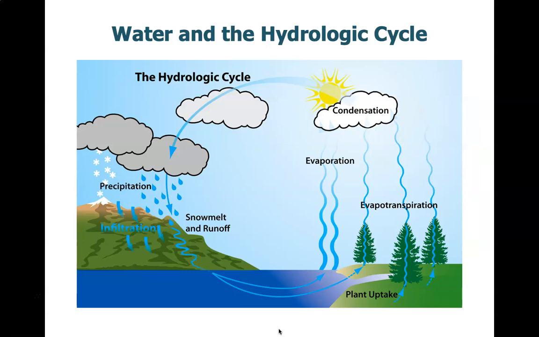So although not a chemical cycle per se, the water cycle, the hydrologic cycle, is really important as well because it influences our weather patterns. It influences the ability of plants to take up their nutrients from their roots. And so I wanted to put it in here. We could have just as easily put it in with the weather. Let's pick a point to start. Let's start with rain. So we learned how precipitation happens, how rain is formed, in the first video, our weather video. So rain comes down